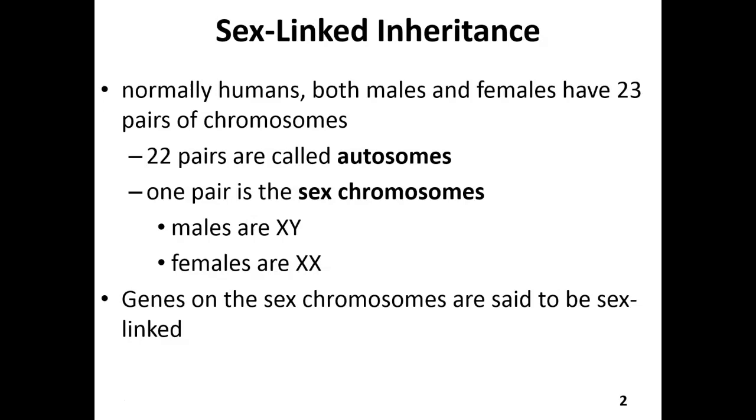So we all have 23 pairs of chromosomes. 22 pairs are called our autosomes. They are the somatic chromosomes that we have that basically code for every part of who we are. That 23rd set